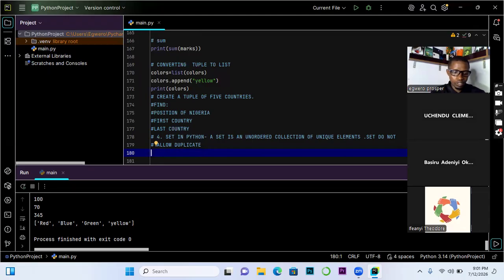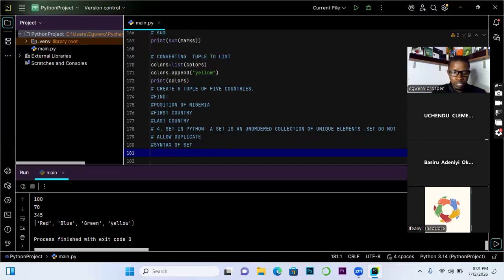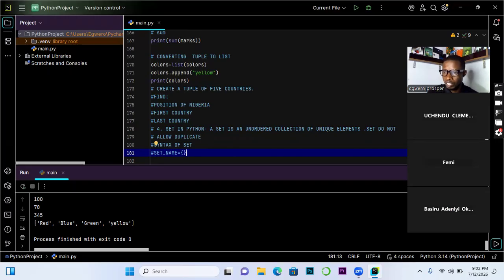Let's look at the syntax of sets. What is the structure? How do I declare it? Let's say set_name equals to. Look at the brackets we are using here. Who can tell me another data structure that uses the same brackets? Somebody should unmute and tell us. Dictionary. Dictionary, perfect.